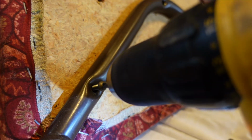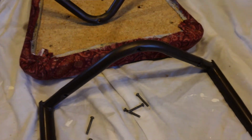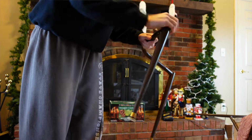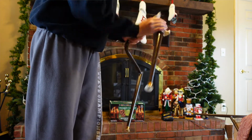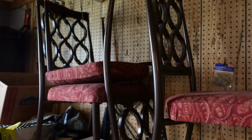Once I had the legs and back off of the cushion part of the chair, I went through and deep cleaned all of the chairs. Again, like I said, Facebook Marketplace, we're in the middle of a global pandemic. I'm not sure what anyone else has. One of the chairs, I left them outside of my garage for probably like a month and a half before